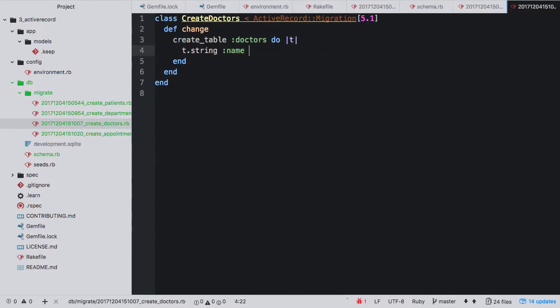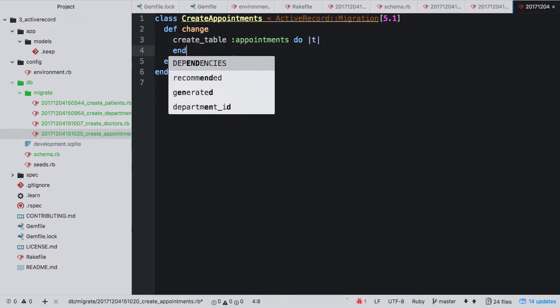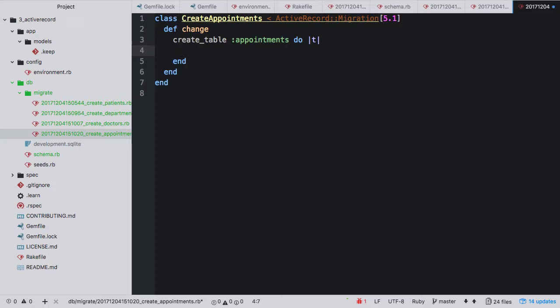But remember, we said that a department has many doctors, and so therefore a doctor belongs to a department. So how do we indicate that? How do I do that? Department ID. And now we have appointments. So same exact pattern, create table, appointments. And what does this need? Right. Doctor ID,